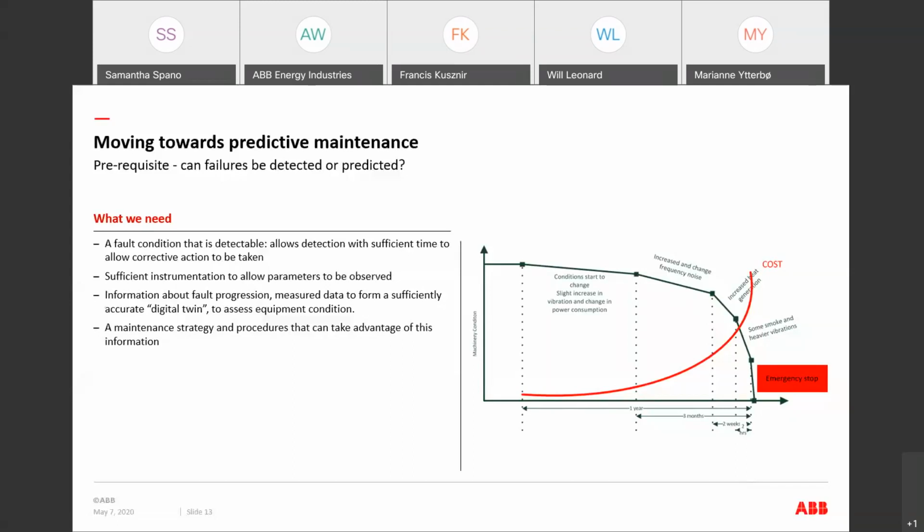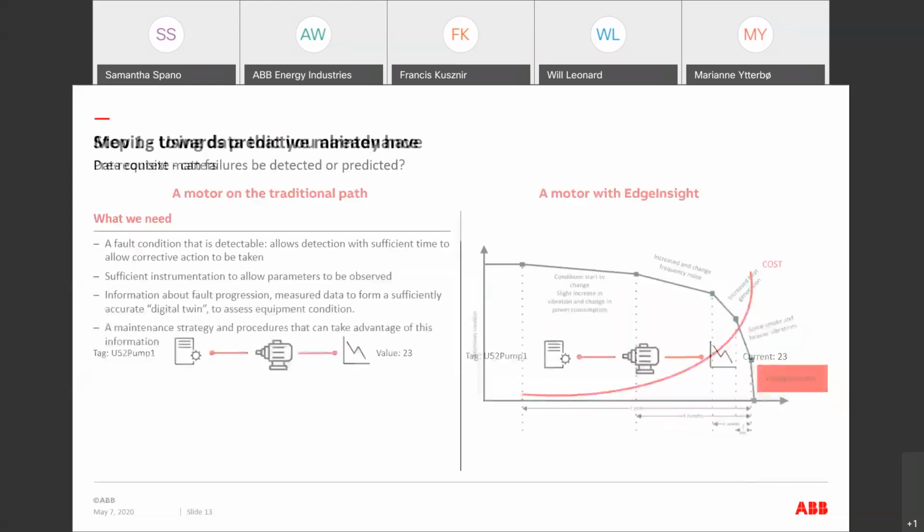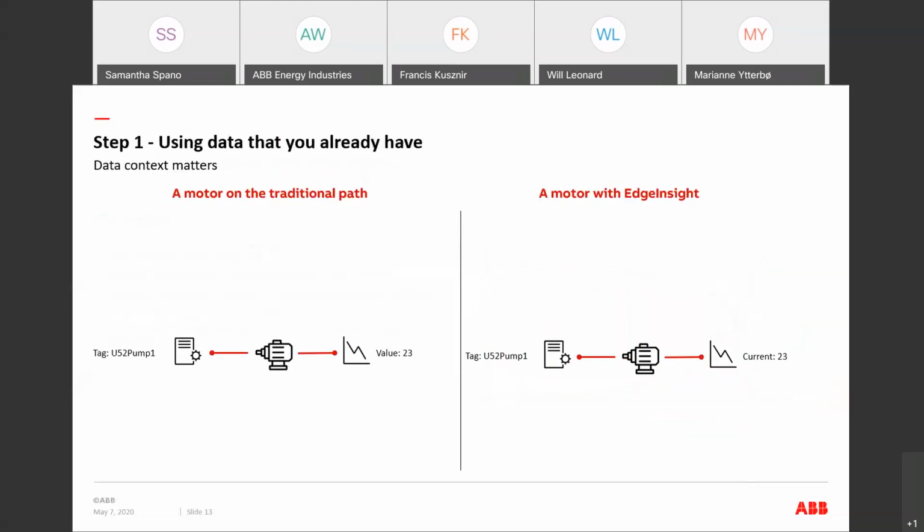So typically we say that we need to start with data, and very often we can start with data that is already available. But when we do that, it's also important to know there's usually more information available than at first glance. So here's an example. If, for instance, in a historian you would have some value for some pump,